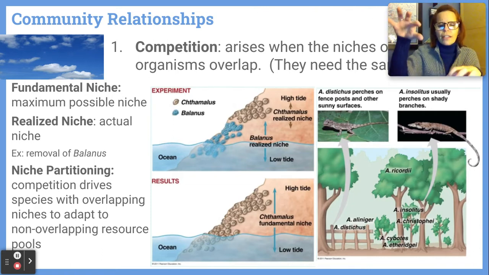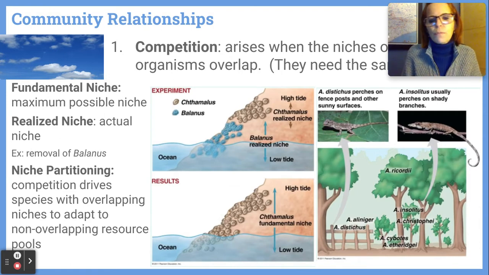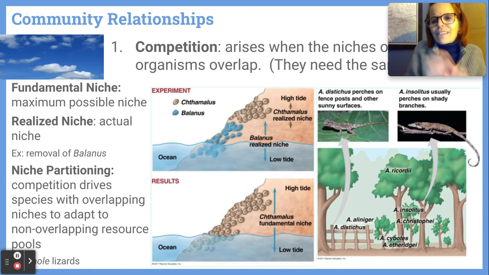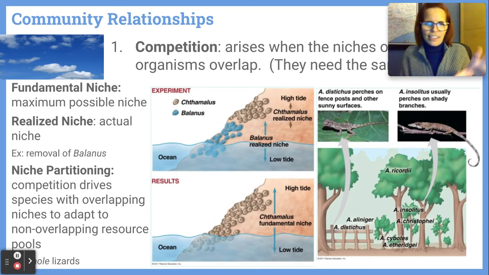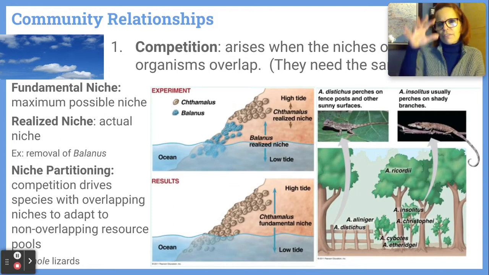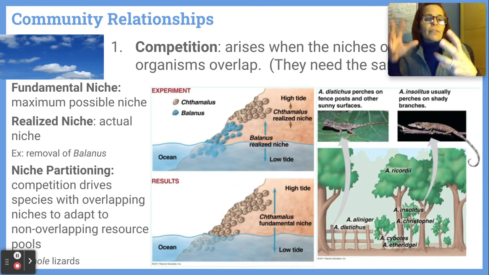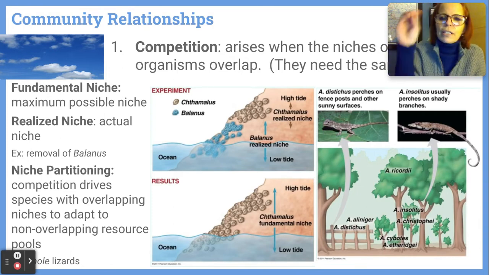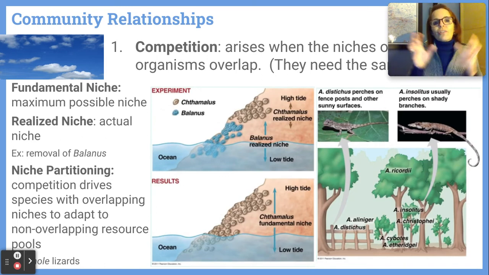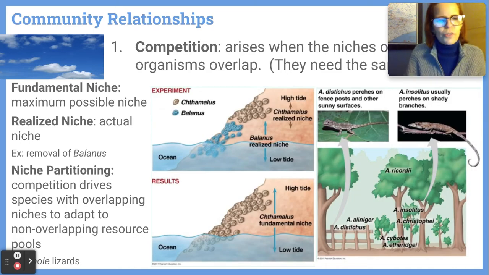They partitioned them. And you can see the same thing happen with these species of anole, these little lizard species. They all live in the same ecosystem, but some of them live on fences, some of them live in the leaves of the trees, some of them live on the trunks of the tree. They have partitioned up the niche so that they are not competing with one another, so that they don't have to fight over the same resources.